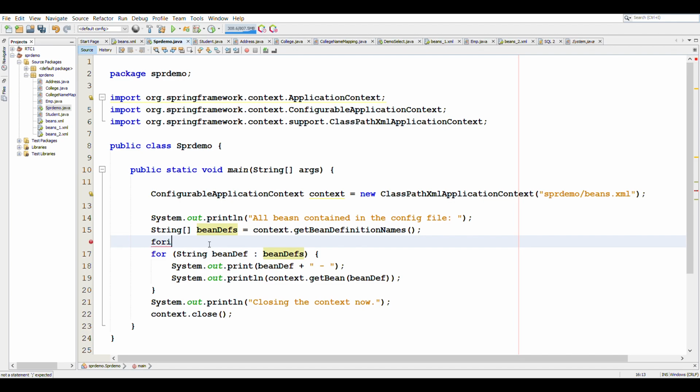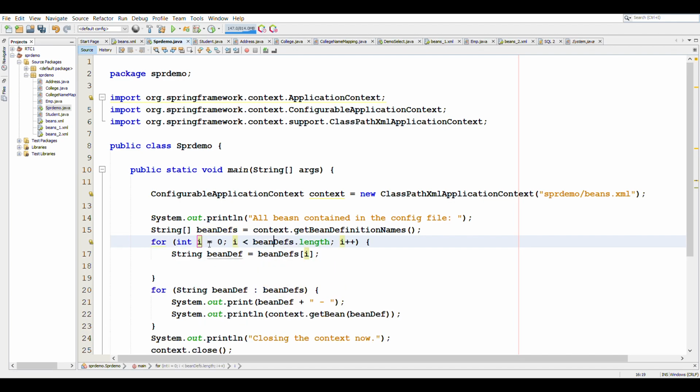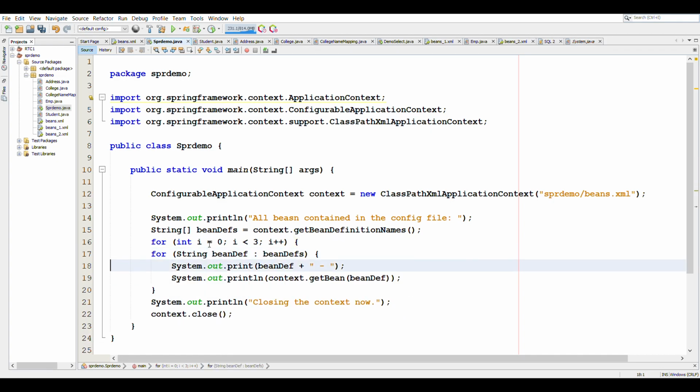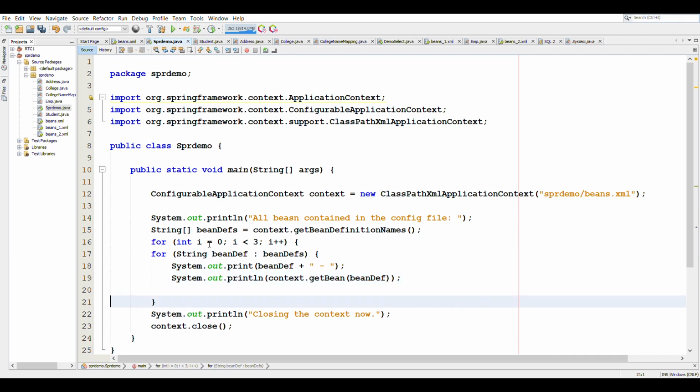So we'll just write a for loop where i is 3, and here let us just comment out the toString method.